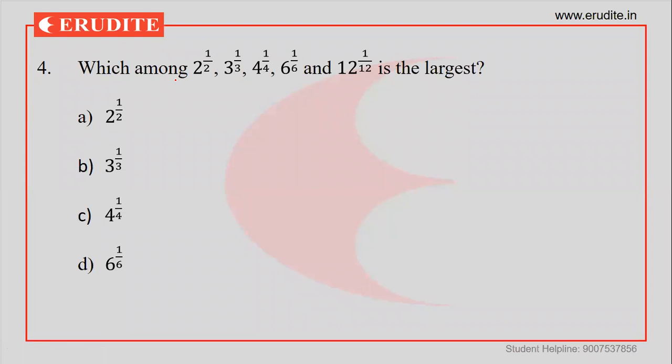Now here we need to compare among some powers of 2. Whenever we compare, in the first case it is a power of 2, in the second case a power of 3. Whenever 4, it is nothing but a power of 2 again. 6 is a combination of 2 and 3, and 12 is again a 2 and 3 combination. And in the entire thing I need to find which one is the largest.